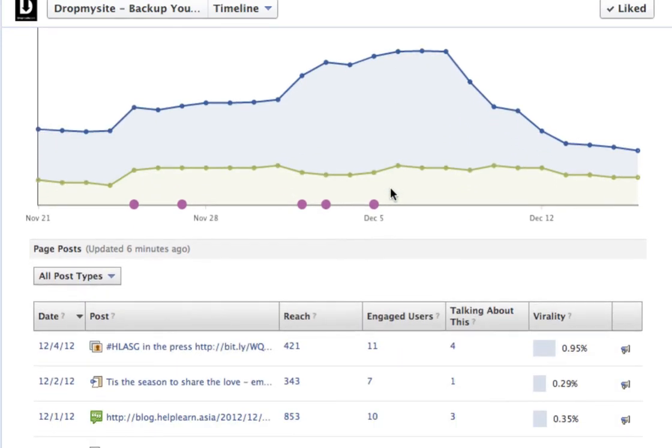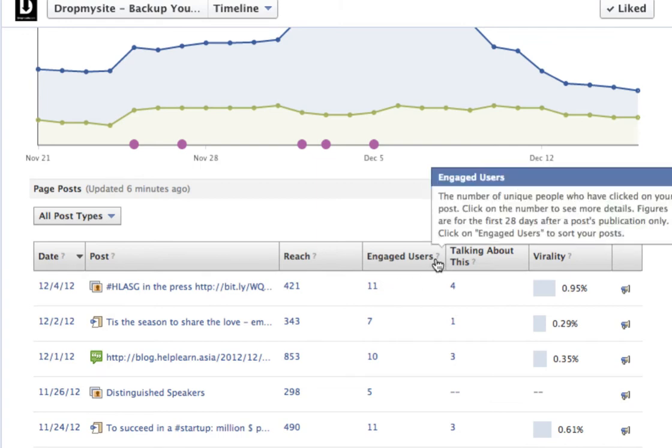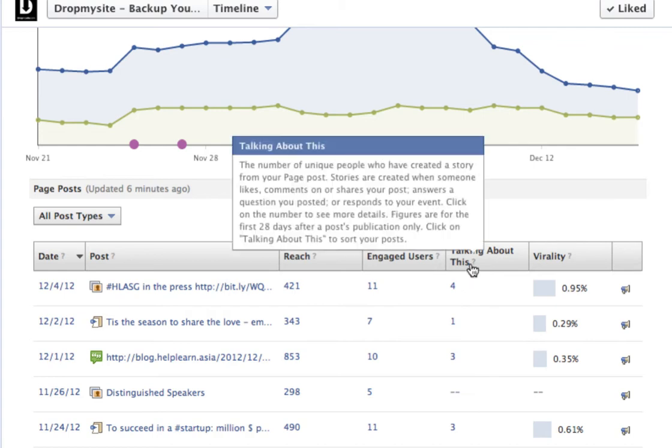So if you go down there, it gives you detailed information about each of the posts that you've done. For example, this particular post that we did, it tells you the number of people whom we reached out to. It basically tells you that 421 people have actually viewed the post on their news feed, and then 11 engaged users are basically people who've clicked on to see more details about your post. They either click on it to come to your page or they do some action, whereas four of them have